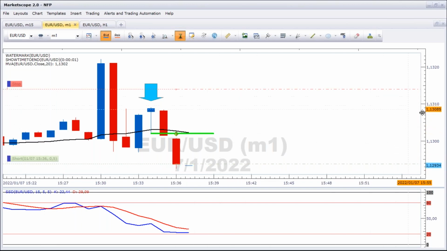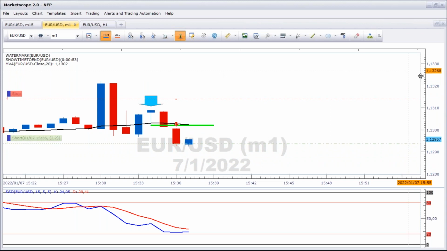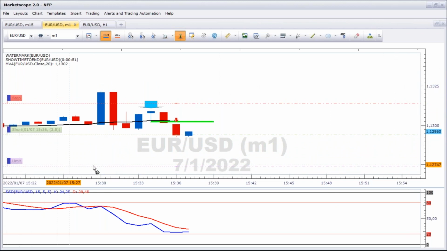And let's just see where the take profit is. Okay, that's a little purple limit. So this is the limit. And now